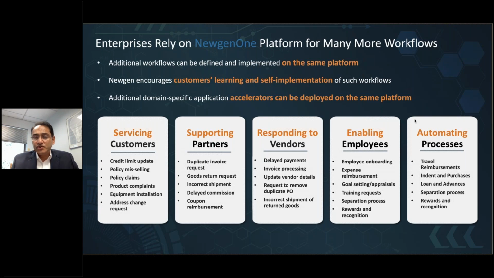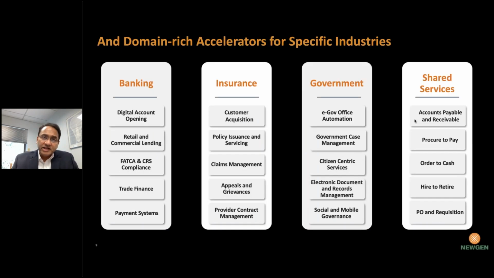Our enterprises have been able to use this platform for taking care of all these different stakeholders. And I took a couple of examples from the insurance, but we have customers in all these different